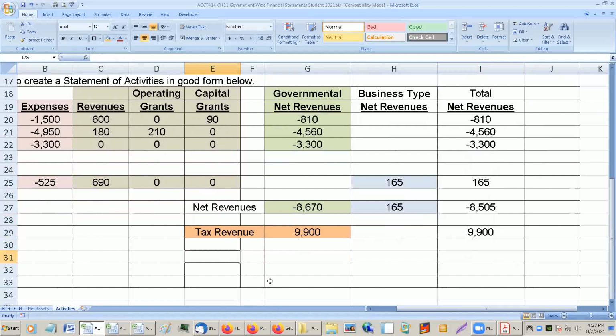Okay, and down here we'll have the change in fund balance. Sort of like our net income at the end of the whole thing for everything, including government, or the taxes. So change in fund balance, this will be